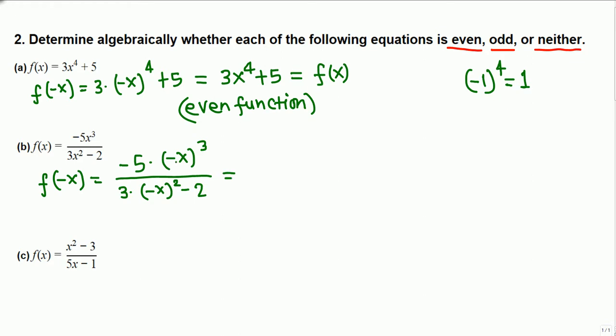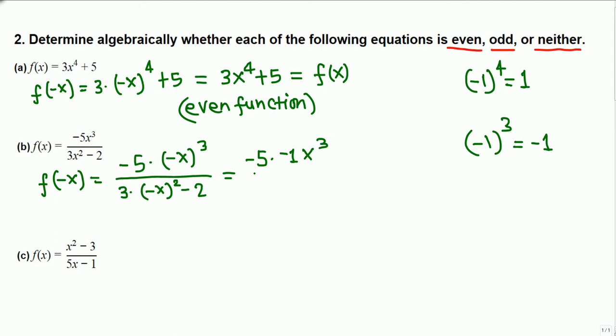Let's simplify. Negative 5 times negative 1 three times, so negative 1 raised to 3, negative and an odd number of times, just negative 1. Okay, so this will be negative 5 times negative 1 x cubed, or negative x cubed,